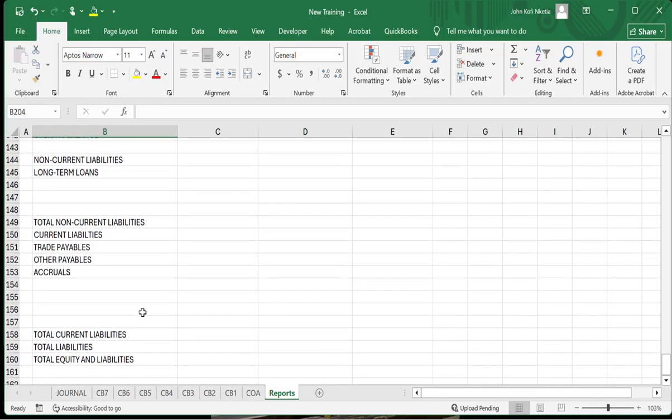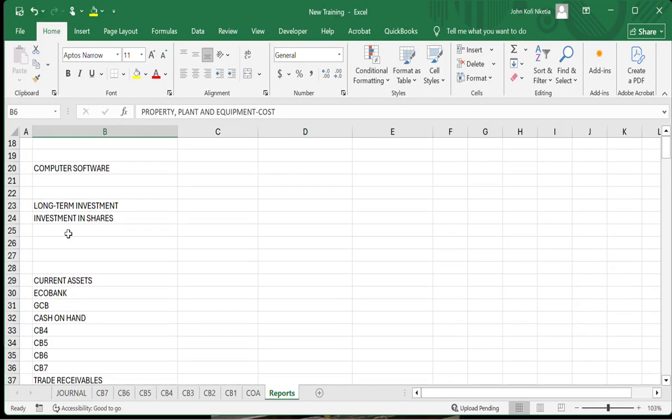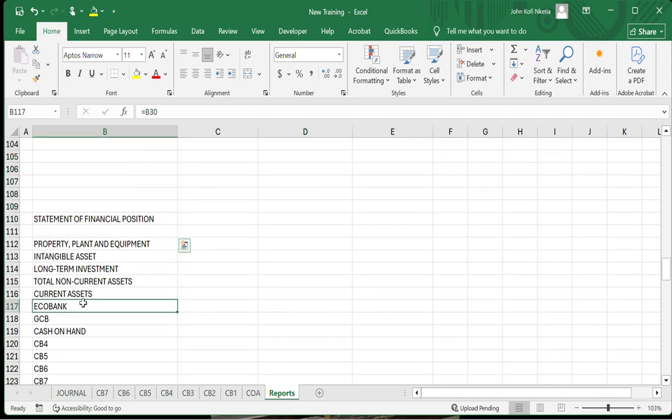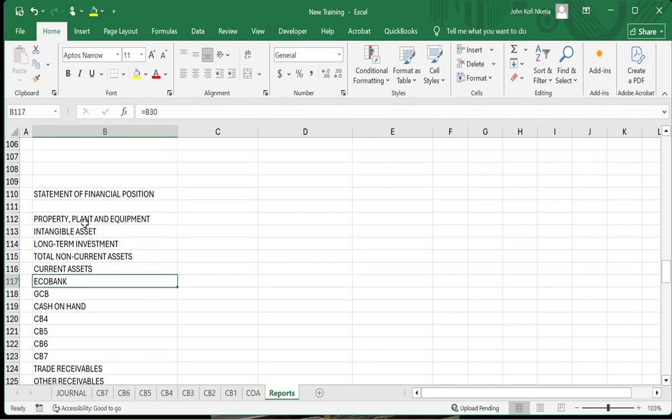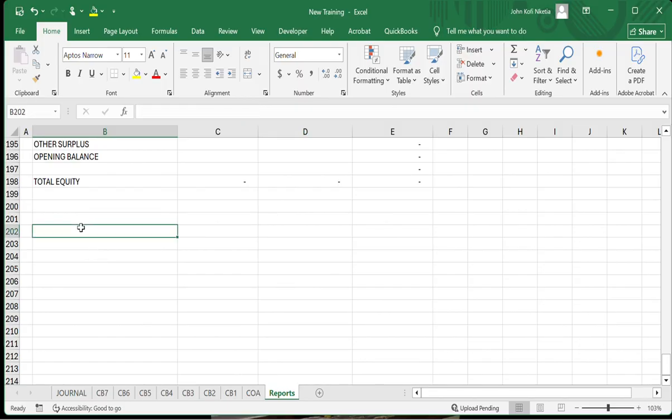Okay, so now we are going to begin with the notes. Mind you, the first note is going to be the PPE, property, plant, and equipment. Okay, let us go to the statement of financial position. We have the property, plant, and equipment being in the notes. So let us begin with that. So this is going to be note 1,